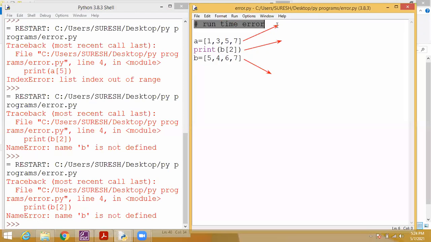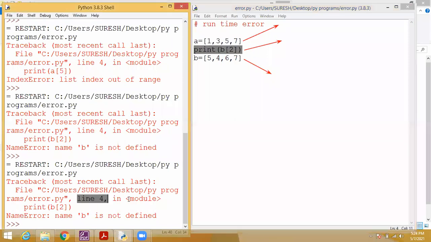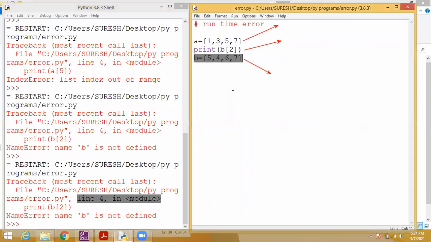See, this is the first line. There is nothing in the program, so second line also nothing. Third line, no error. Fourth line, it is error. So after clearing this fourth step only, you can go for fifth line. Okay, students understood? Even though you are having the same kind of variable, you should declare it before the statements. Students, everyone understood?